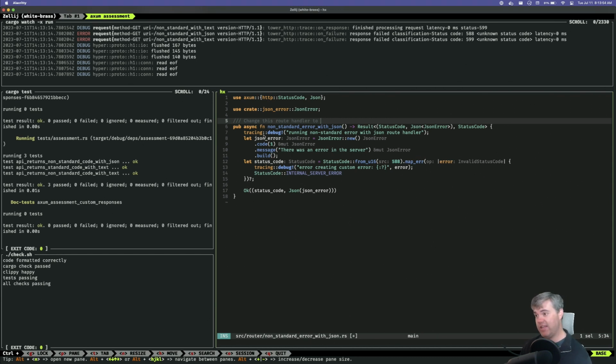Okay, so change this route handler to return a custom error status code of 588 and a JSON object that looks like